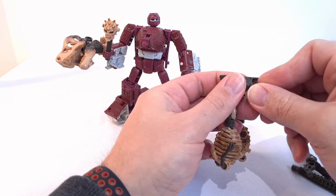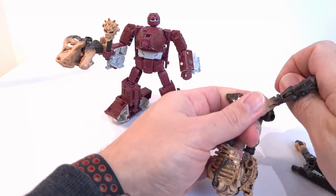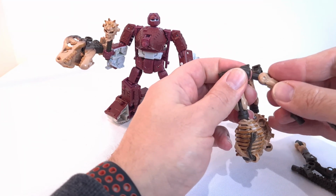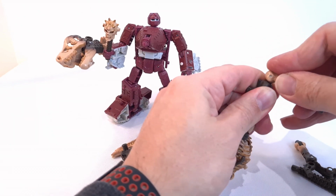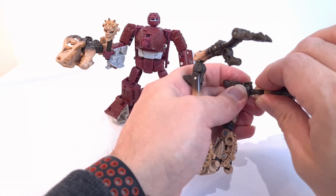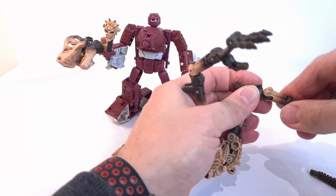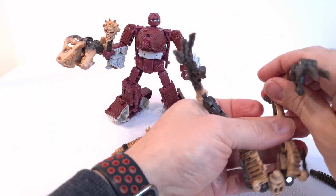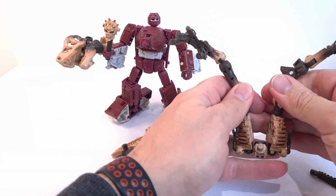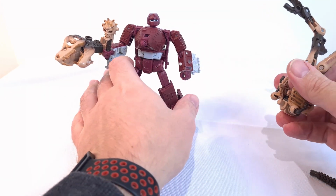Yeah, I think that's... So I'm just double checking on the instructions at the same time just to make sure that's how they've got these kind of claws, because on one bit they're showing it one way and another bit they're showing it a slightly different way, but it looks as if you plug these into here. Obviously you can come up with any sort of configuration you want, but that is...